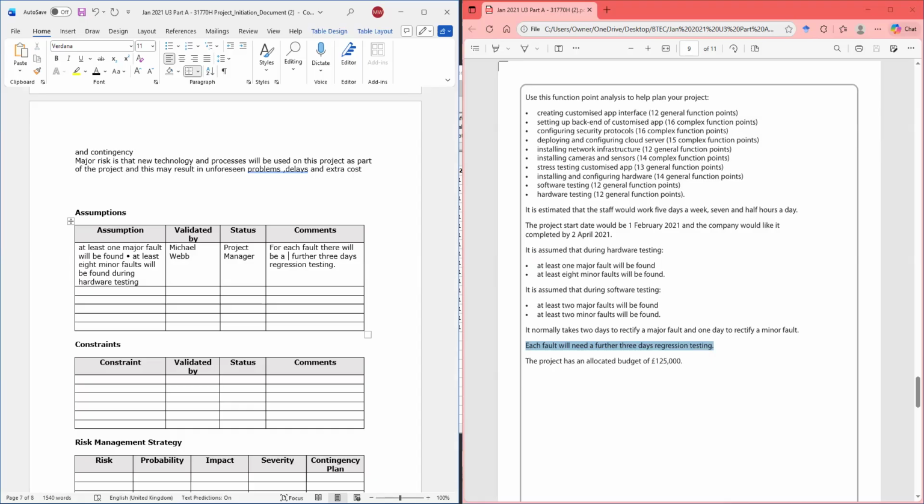Or you could say that testing will be done, or you could put frequent testing will be done to alleviate faults.